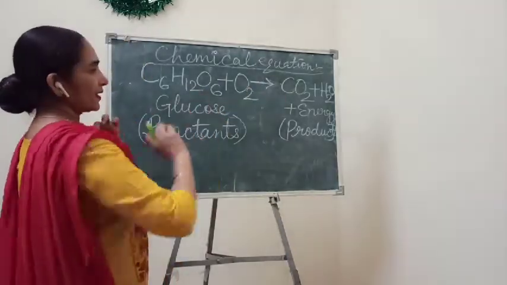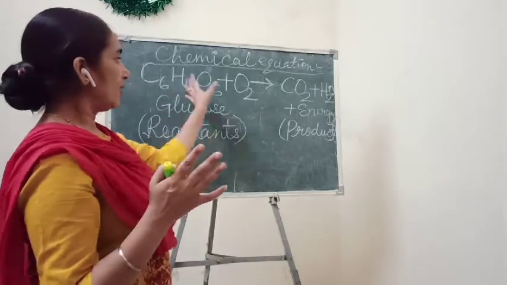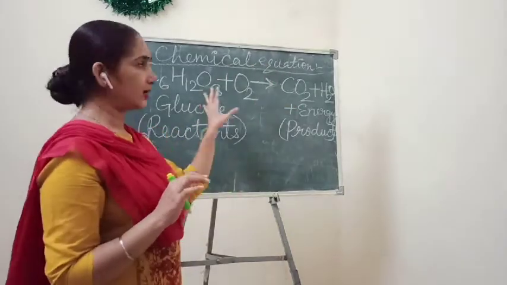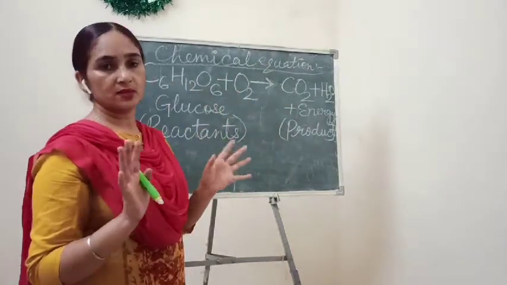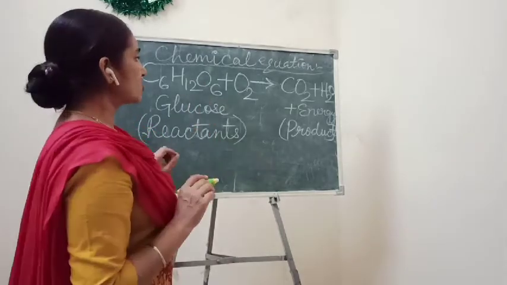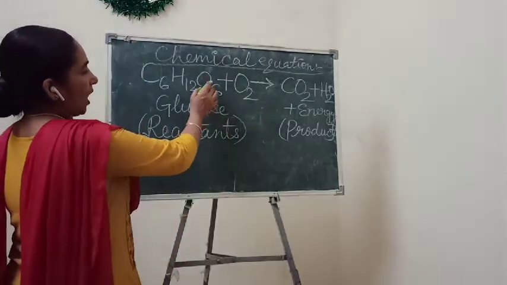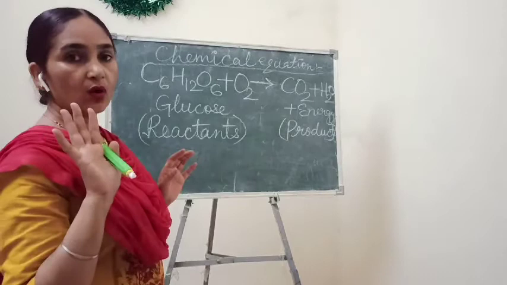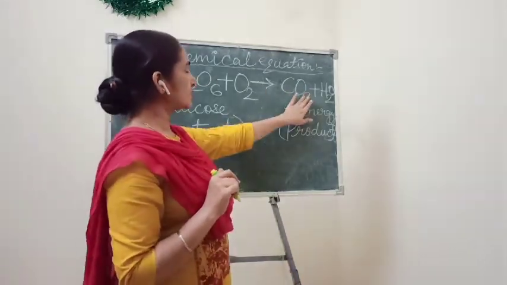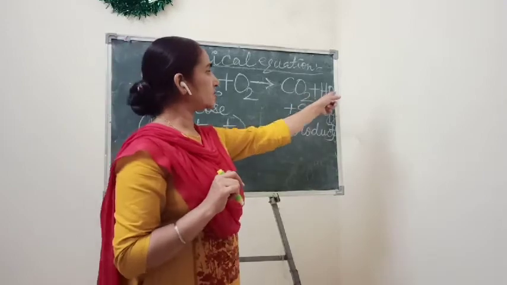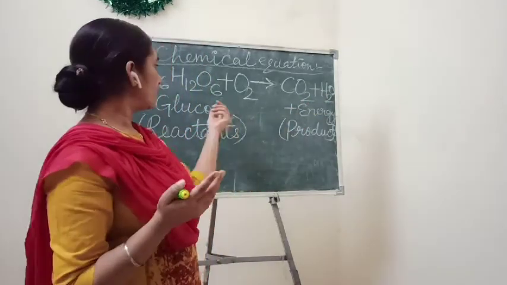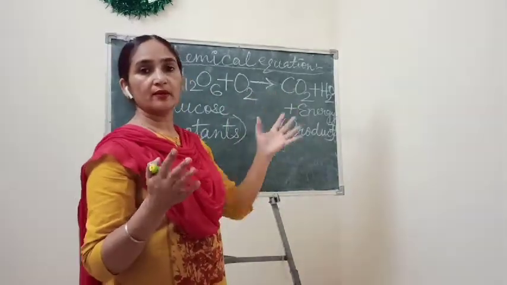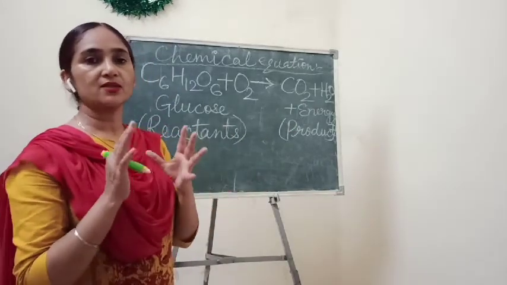I have written this simple reaction. You may also understand what I have explained here, this is the reaction of respiration, but this equation is not balanced. Understand? Why is it not balanced? You see here, how many O are there? 6 plus 2, total 8 oxygen are there. But here, how many oxygen are there? You just see 2 plus 1, 3 oxygen are there. Then where are the other oxygens? So this reaction is not regarded as a balanced reaction or balanced equation.